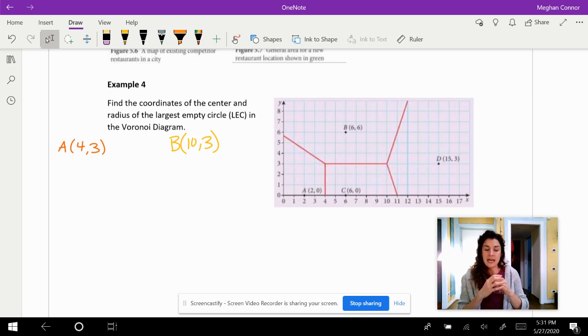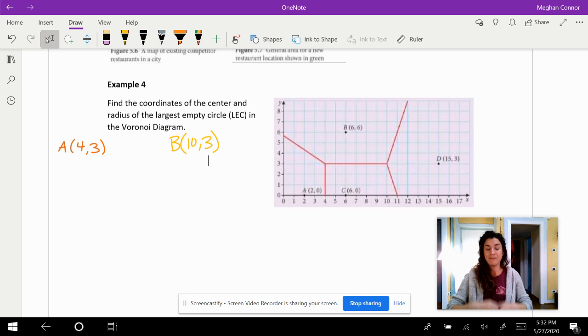So the idea is that if you expand the distance from that vertex, and you've got another site over here that's expanding a circle centered at the other site at the same time, your radii will always be the same. And then once those radii are exactly the same is once they start to touch. And this is where your perpendicular bisector comes in, this idea of splitting the space in half. So we need to talk about the two circles that are being created at each point, the vertex of our edges, and then one of our original sites. And as those circles expand, we want to know when are those circles going to touch? When are those two cells going to interfere with each other such that they start to create that line between